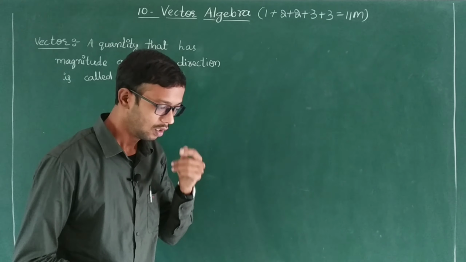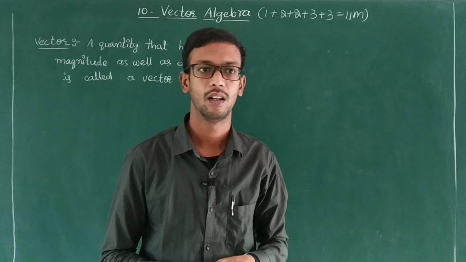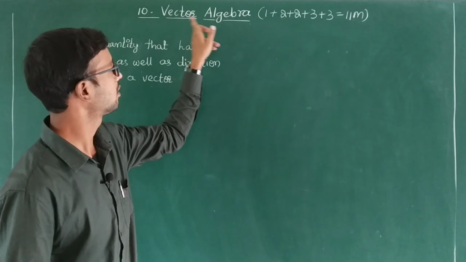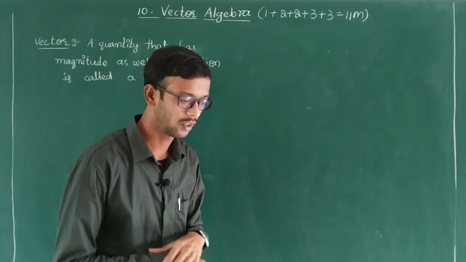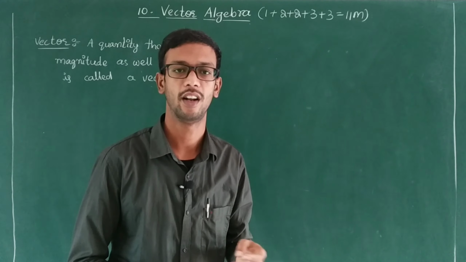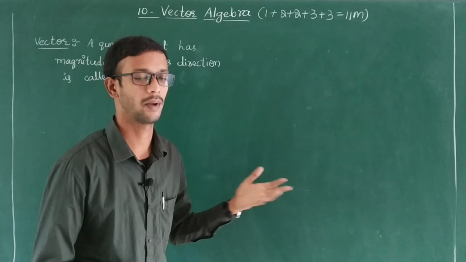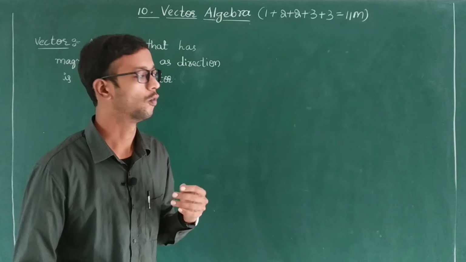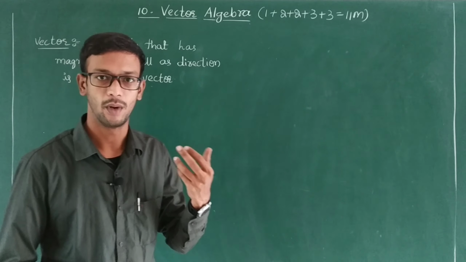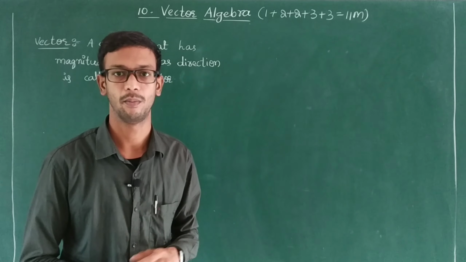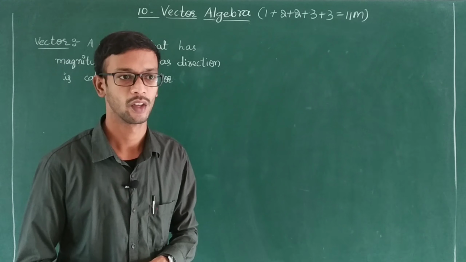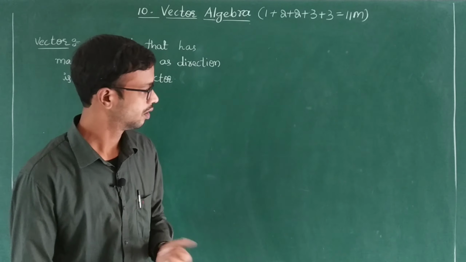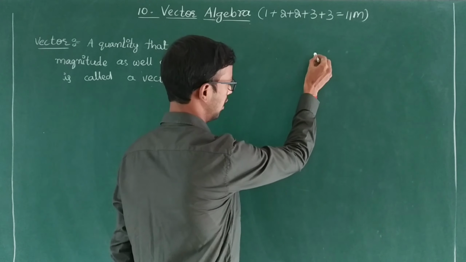Before starting, what is vector algebra? You have to learn the vector and algebra. Algebra is nothing but addition, subtraction and multiplication. So vector based addition, subtraction and multiplication we have to find here, and different types of multiplication, cross product and dot product, we will get in this chapter. So now we start. First of all, I will draw one line.